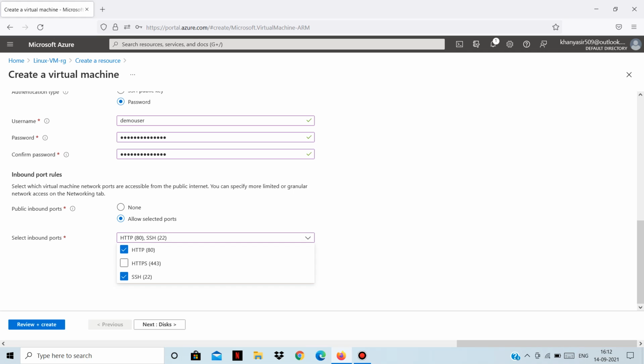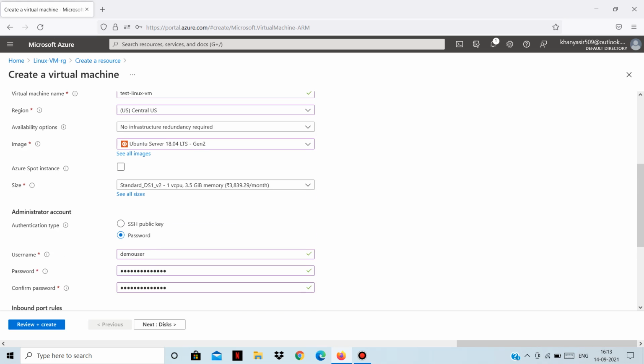So this is the NSG, as it acts as a firewall. It allows us to select whatever ports we need to allow, and from which IP addresses these ports are accessible. So we can set all that. So I have allowed HTTP at port 80 to access the web page and SSH at port 22 to connect and access this Linux virtual machine. Okay, so we are done here.